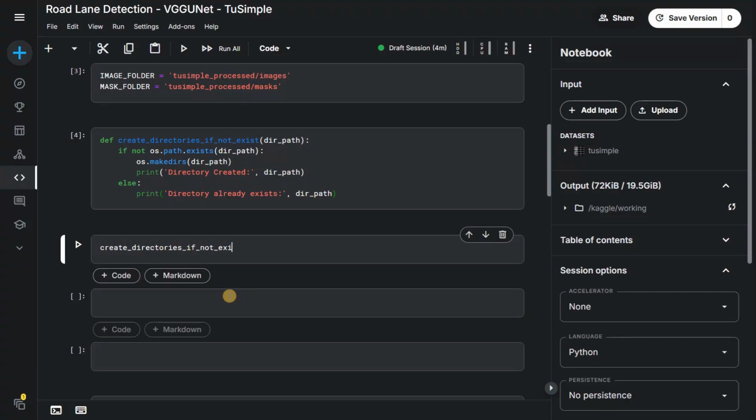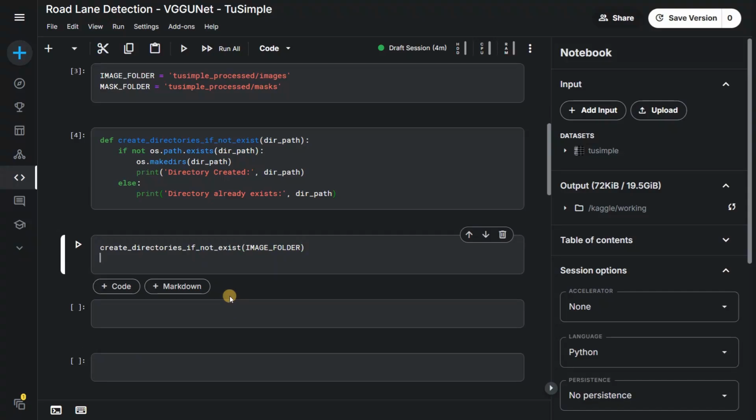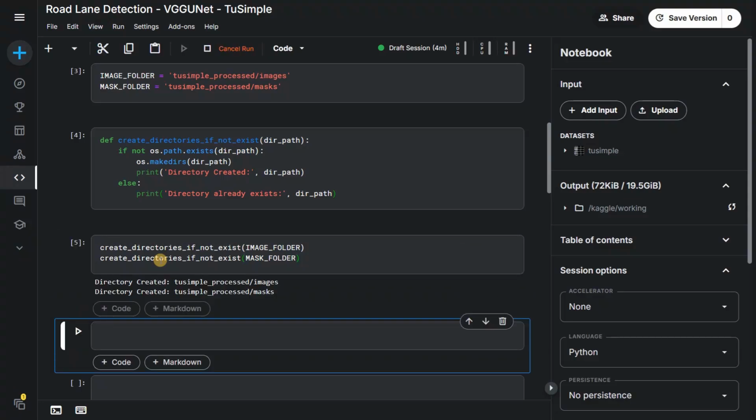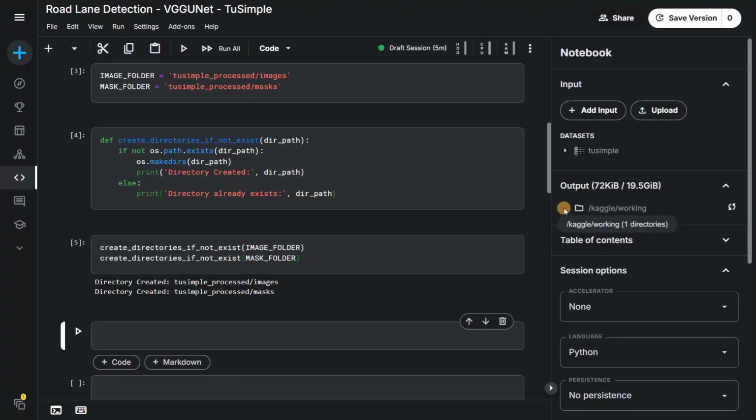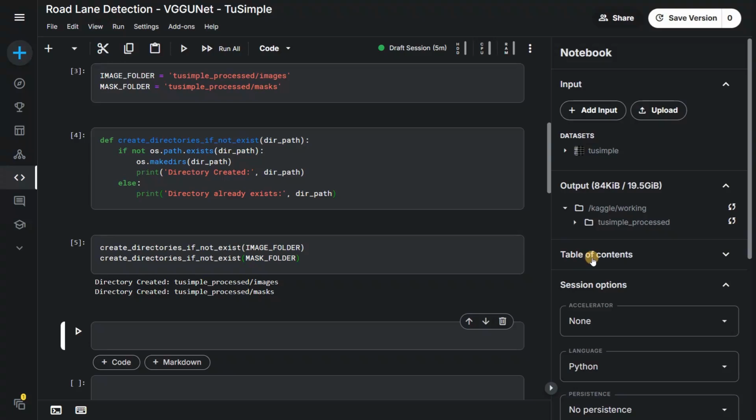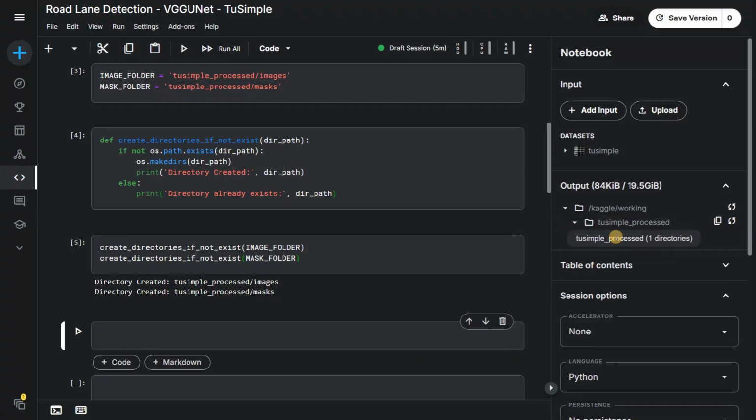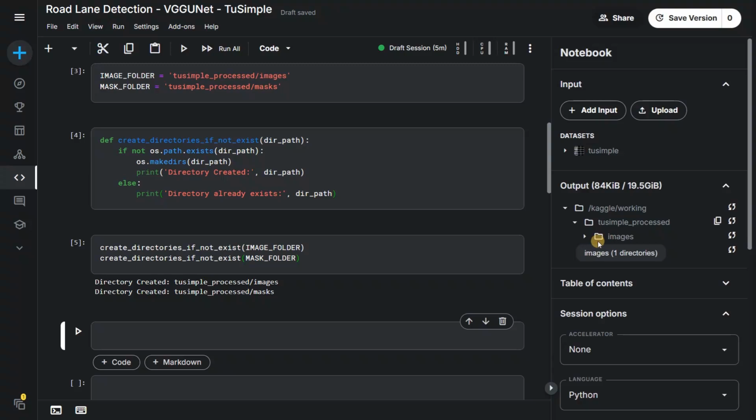I'm not sure what happened to Kaggle. Recently it's not suggesting anything correctly, so we have to type the entire syntax by ourselves, which is pretty inconvenient. So again we will call it with the mask folder. Okay, run this. Okay, we have created the directory. Let's check. Whenever we create some directory, it should be present in the Kaggle working. So here we can see the directories, and inside it we have to move the images,